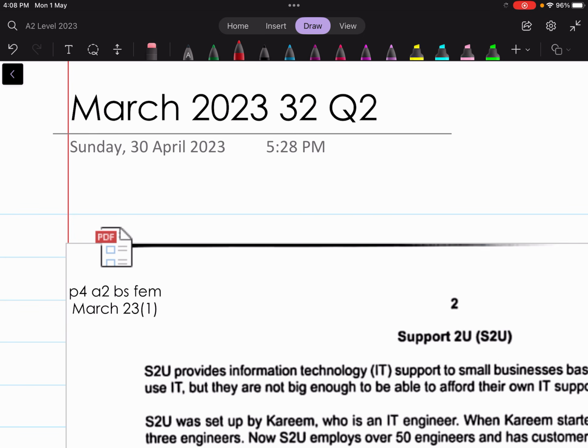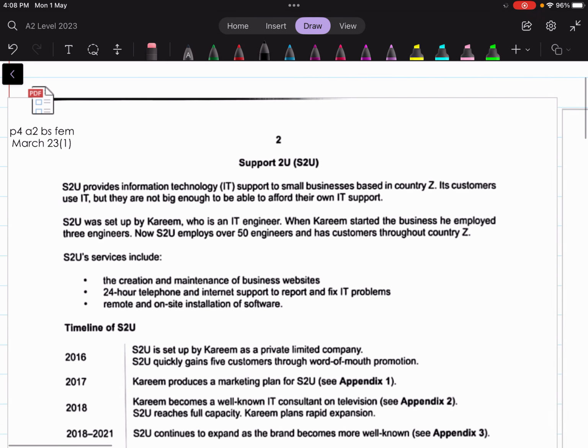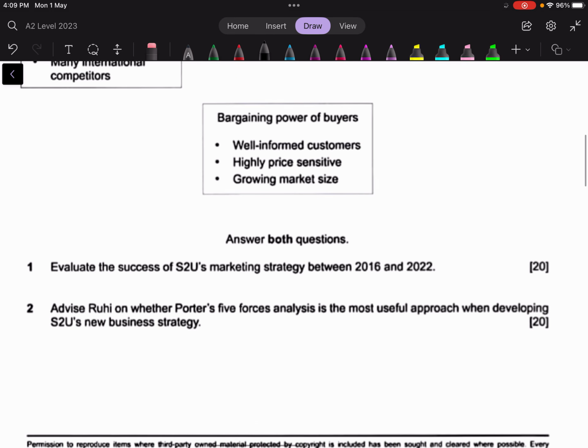the question number 2 that is relevant for paper 4. Sorry, this is 42 because this is paper 4. Alright, so we have this paper in front of us, and first let me take you to the question that we have in context, and that is question number 2. Advise Ruhi on whether Porter's 5 forces analysis is the most useful approach when developing S2U's new business strategy, and